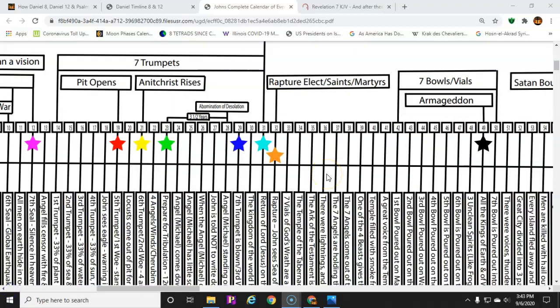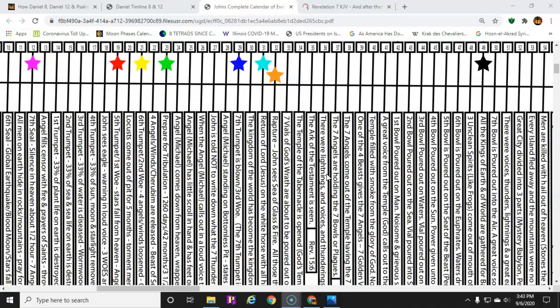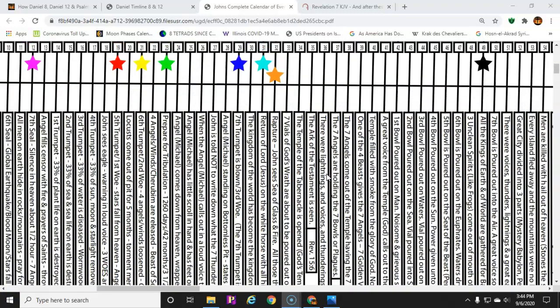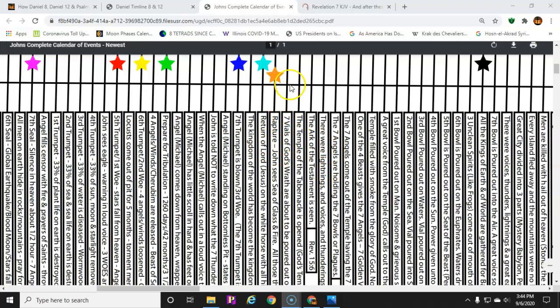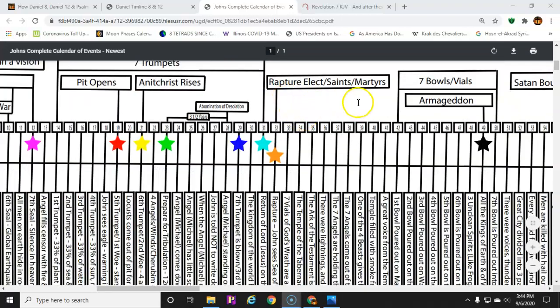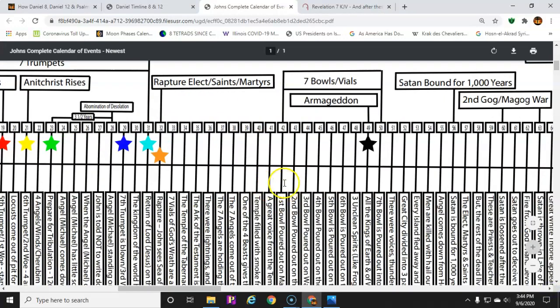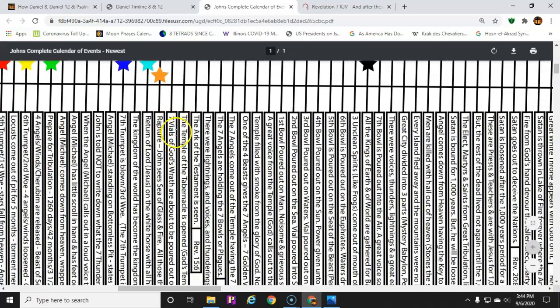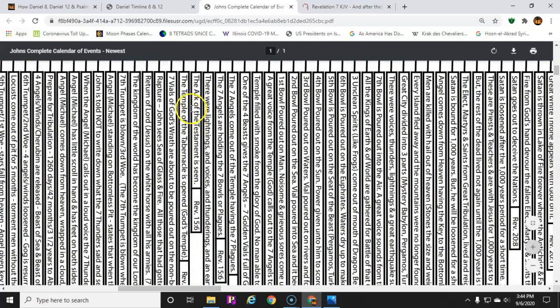Then once we see the 7th trumpet hit, and our Lord comes back with the angels that go against the wicked left on the ground, he's going to come back with his armies from heaven. He owns the planet now. He owns the title deed. That rapture is going to happen of the elect, saints, and martyrs, and then we start to see the starting of the bowl phase. So God hands out the 7 vials.